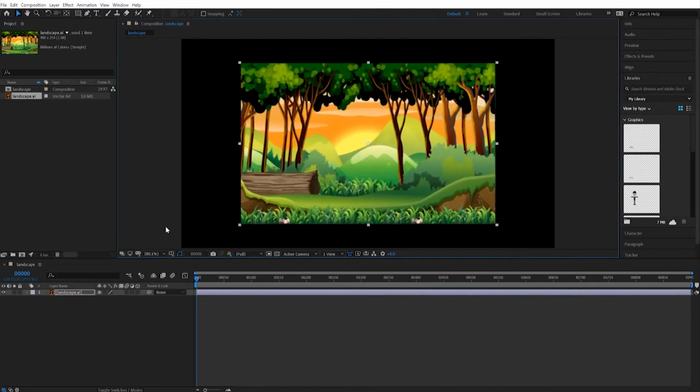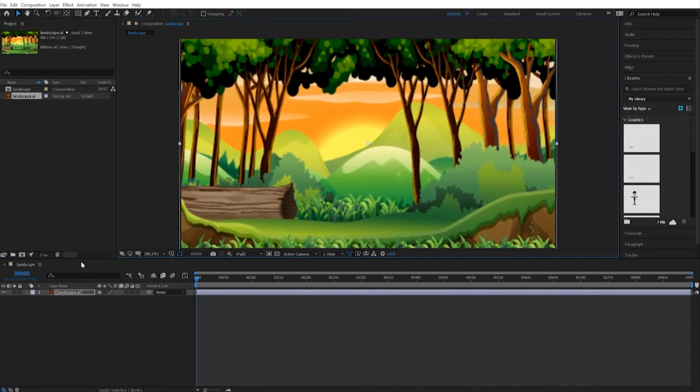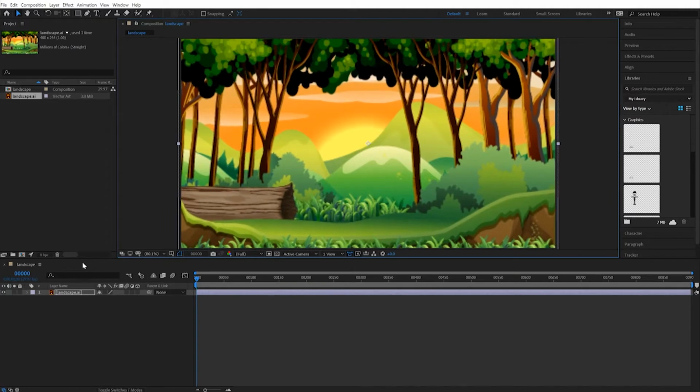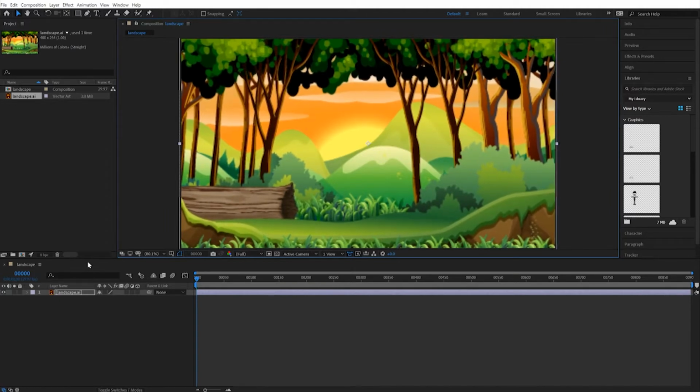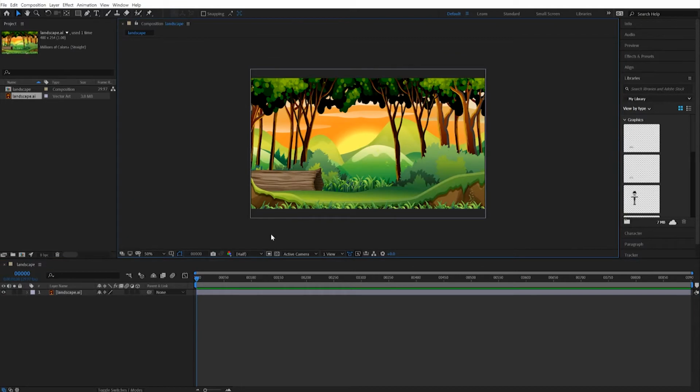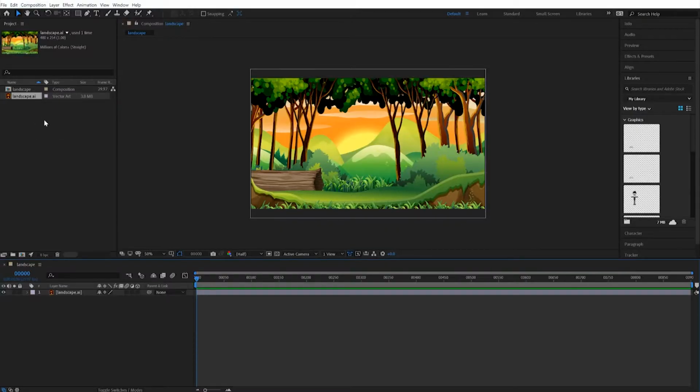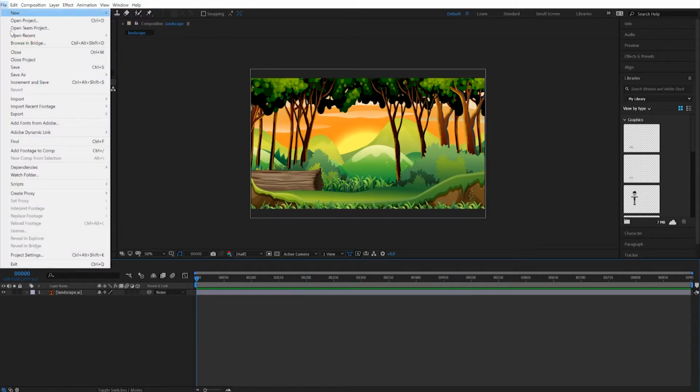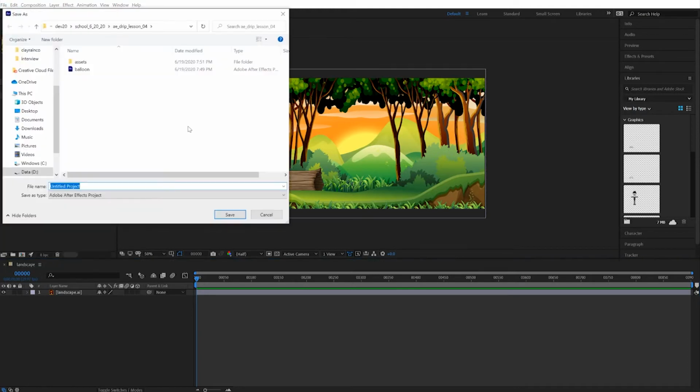I'm going to scale it up. And then I'm going to rasterize layers so it's nice and crisp. I'm now ready for the gator to bounce along, and then on to making multiple gators bounce along this landscape. To get the gator in here, first let me save the scene, File, Save As, and I'll call this Bounce